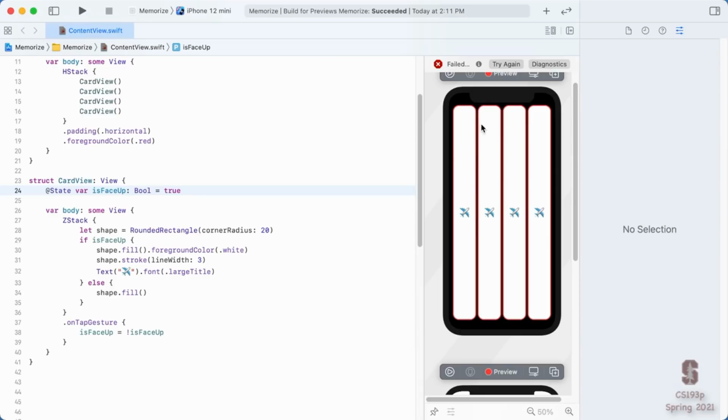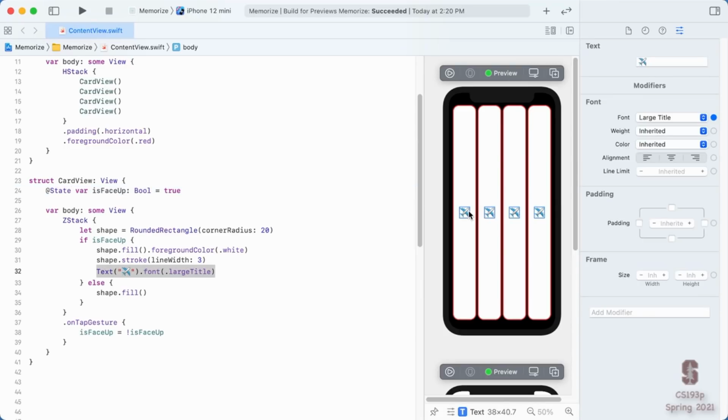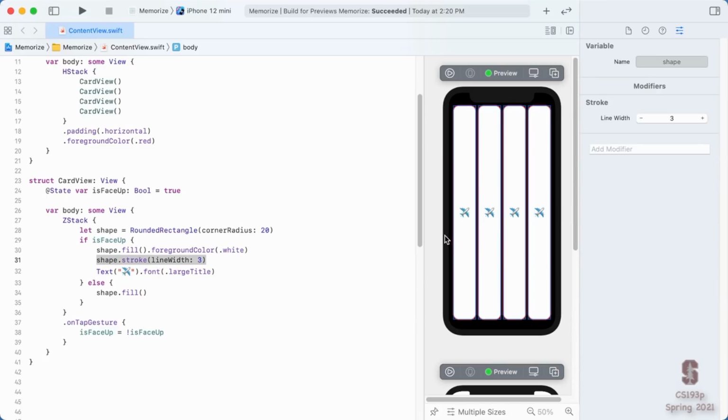If I click on cards, okay, we failed here, of course, because we introduced an error. So let's rebuild. All right, there we go. So now if I click on a card here, hopefully it should flip over, right? And click. Oh, wait a second. My preview here, when I click, it selects things, right? So, how am I going to check to see if my tap gesture works? Well, one way is I can run my simulator. So I'm going to go launch my iPhone 12 mini simulator here.